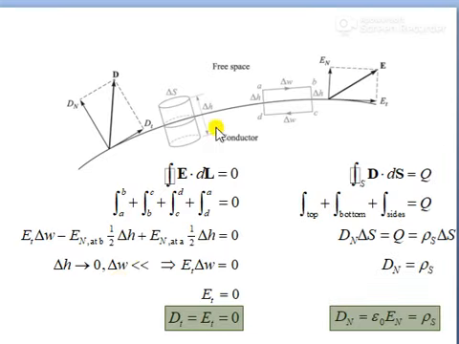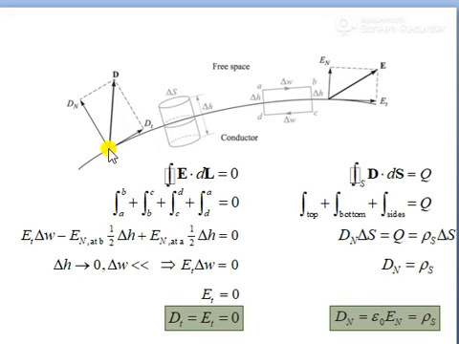Now you can see this figure, which is for the boundary condition between free space and a conductor. There is a dielectric and a conductor. Here you can see a Gaussian surface, and this is the conductor, and this line you are seeing is the boundary. You have the components divided into Et and En, and Dt and Dn, right.